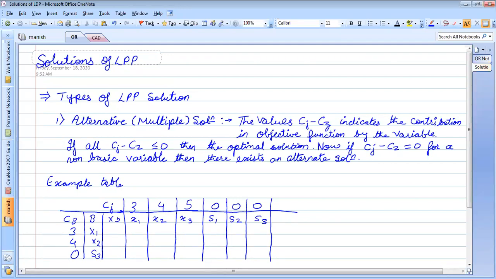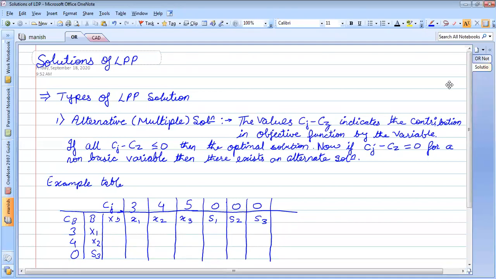For a unique solution, let us consider only maximization now. I am not speaking anything about minimization. For maximization, all the Cj minus Zj values should be less than equal to 0.